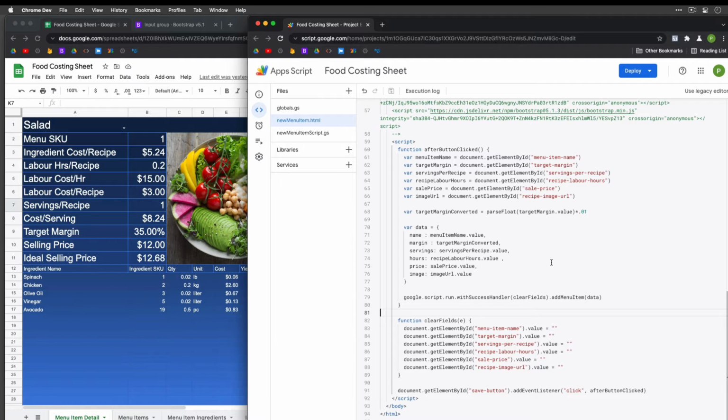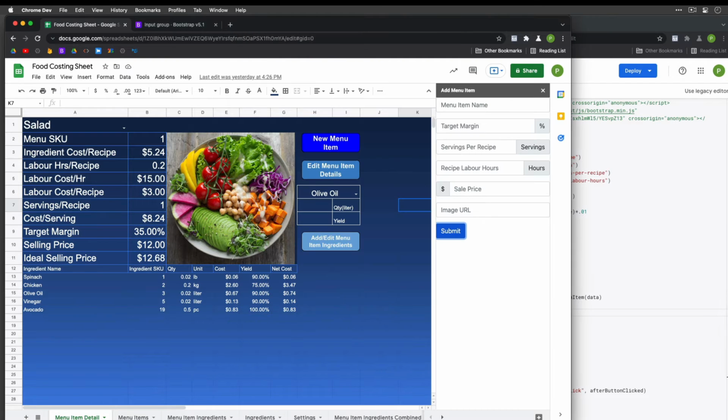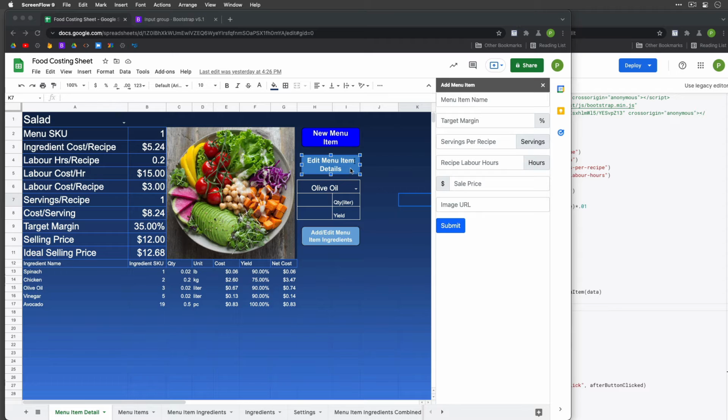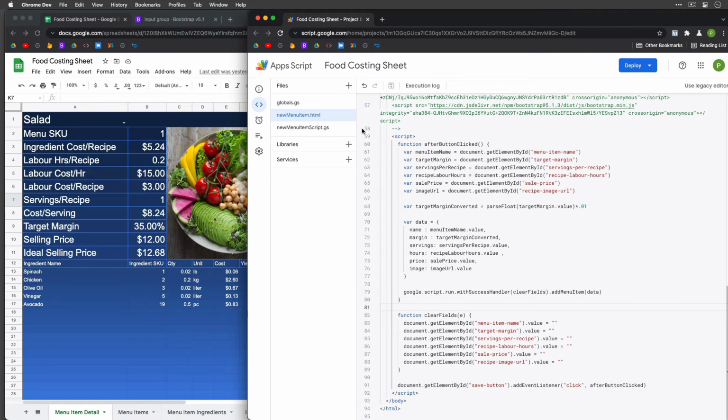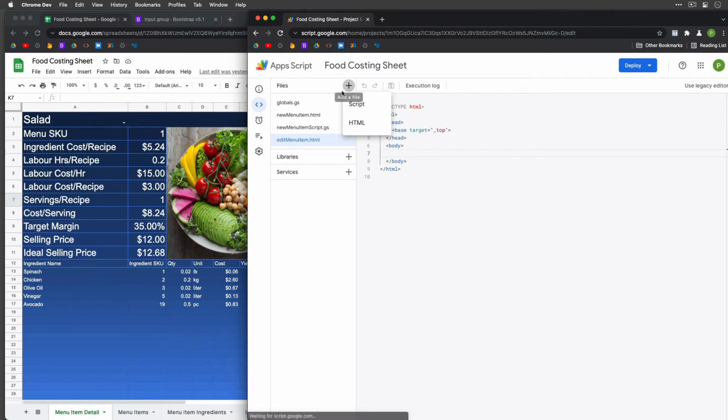So before we move on to creating the script, I want to do the same thing for the edit menu item details button. So to do the edit menu item details HTML, we're going to copy the new menu item HTML. First, we'll create the script. Edit menu item, and then do the same. Edit menu script,